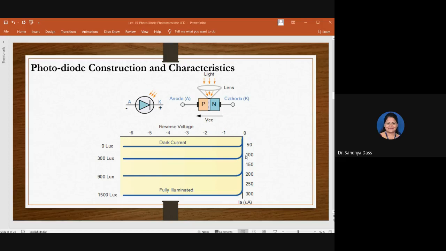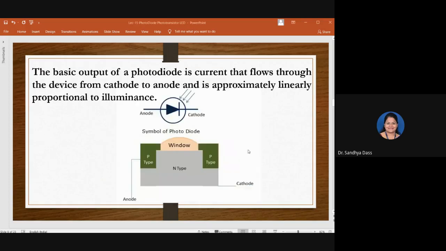All right, so let's see the working of the photodiode here. When it is reverse biased, the reverse current increases as the intensity of the light increases. Okay, so this means that the reverse current is directly proportional to the intensity of the light falling on it,